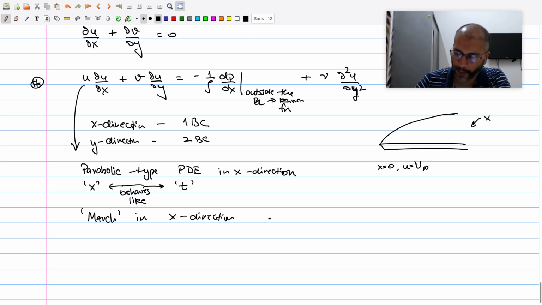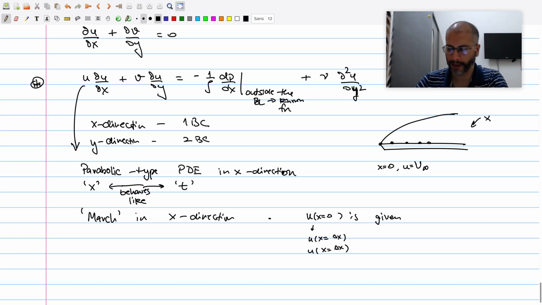Mathematically, what we do is we find the solution at x equal to 0, that's given. So the u value at x equal to 0 is given, and then you start marching further, calculating u at x equal to x1, u at some further value, and then you calculate further. Of course, this becomes more intuitive when we talk about computational or numerical methods to solve these kinds of equations, but it's worth mentioning here because mathematically